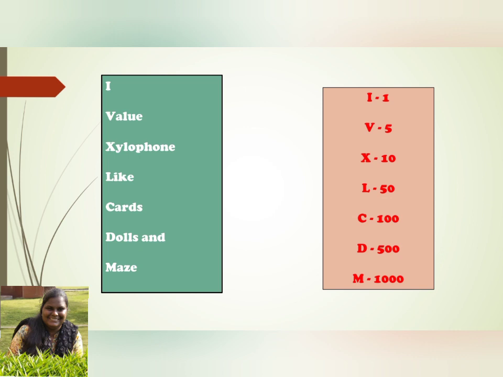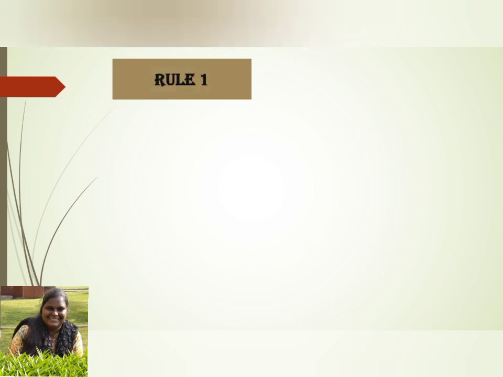Yes. Now, if you look at these numbers, we have 1, 5, 10, 50 and so on. But can somebody tell me what comes after 1? Yes, you are correct, 2. Then what is the next number? 3. Yes, the numbers are missing in our Roman numbers. So, to write these missing numbers, we need to know the rules to write the Roman numbers. So, now we will learn the rules to write the Roman numbers. We have 4 rules. Let's look into the first rule.